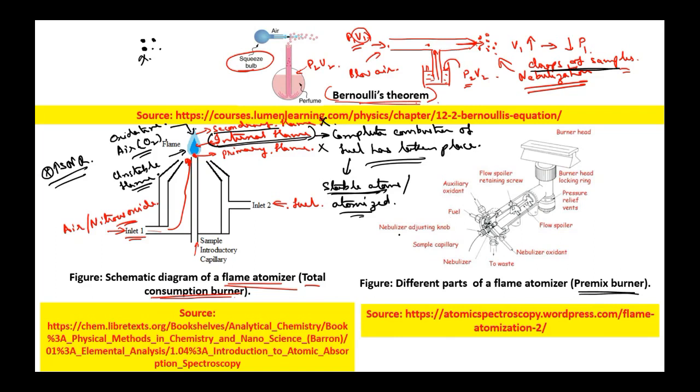So if you see over here, we have the sample entry capillary, we have the nebulizer unit, we have this nebulizer oxidant unit, we have the auxiliary oxidant if you want to put another oxidant into the system. Okay, so you have the fuel system. So all of this you are having over here. Okay, now after this, what happens is that we have a system called flow spoiler. Okay, now what this flow spoiler does